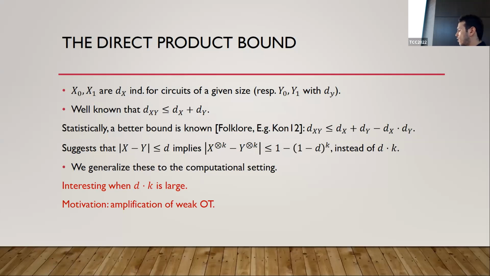So before we get to that, why is this bound important? I mean, when do we care about it? So, for example, if D is negligible and K is polynomial, then there's not that much of a difference between them, so we may not really care about it. So really the case where the difference may be more important is when D times K is large. And just to demonstrate to you such a case, I will shortly talk about amplification of weak oblivious transfer. Before that, I just want to emphasize that we already know how to amplify weak OT protocols computationally, but I'm just going to present it so you can get a sense of what types of settings this bound is used for.